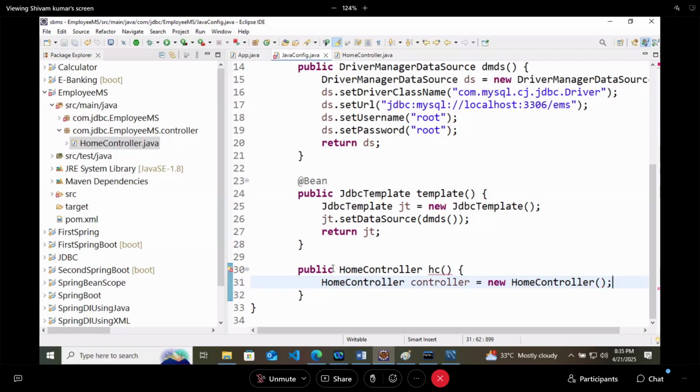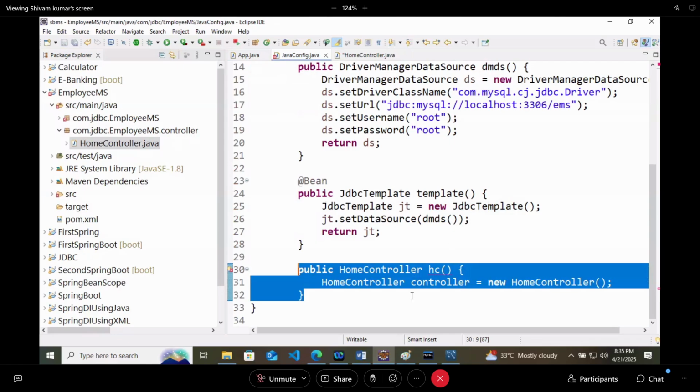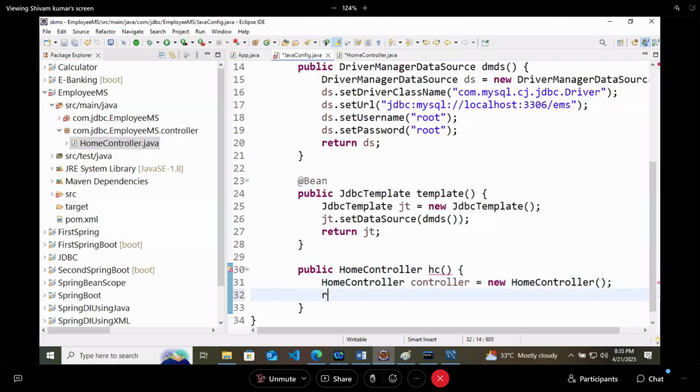So I am writing @Bean here. Otherwise I can simply declare it as a component, right? But here we are not doing it. Return controller, and it is a bean.